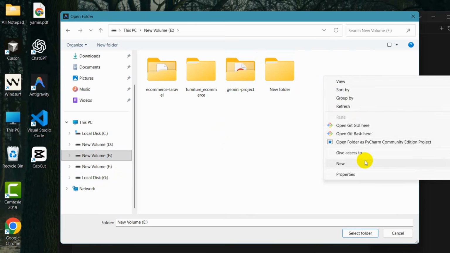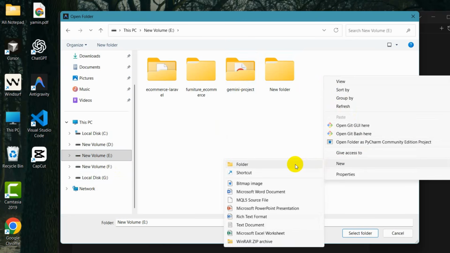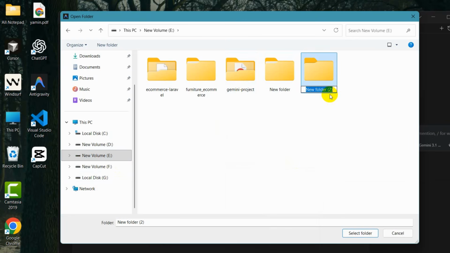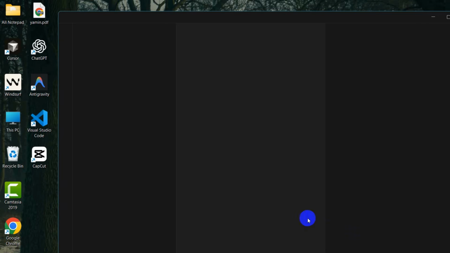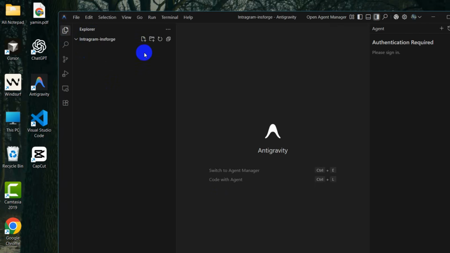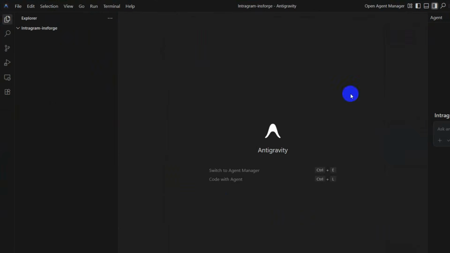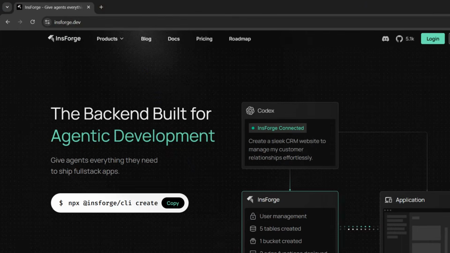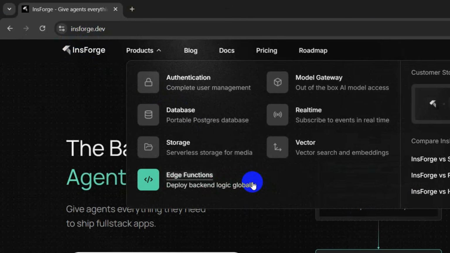I'm going to right click on new, then click on folder. The folder name will be Instagram dash InForge, and let's open this folder. I'll select this, then click here, select folder, and this folder will open inside Antigravity. There you can see. After that, what you need to do is connect our InForge with